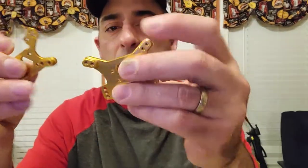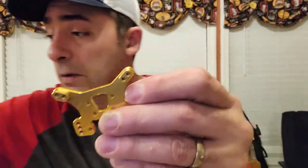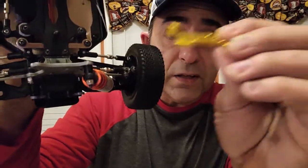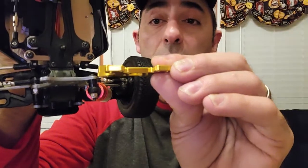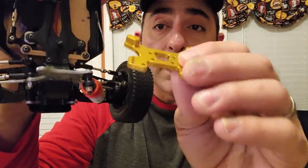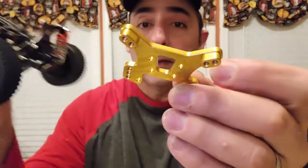And let's do a little comparison here, because I know you're probably wondering, how much thicker are they really from, and are they necessary? Well, they come with the kit, so they're going to get installed. It is much thicker. Here is the car. That is the thickness of it, and here we can do a side-by-side comparison. They are a lot thicker than the other one, and it will look a lot nicer than the stock